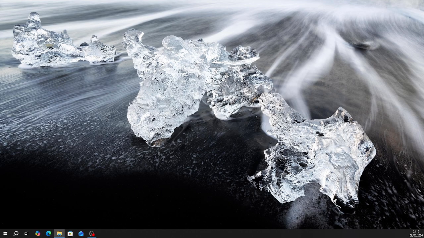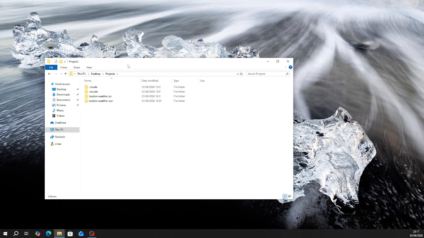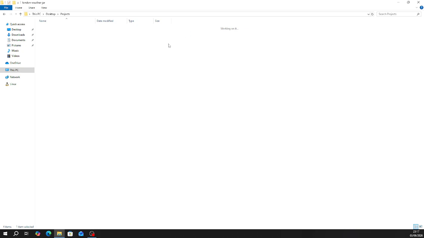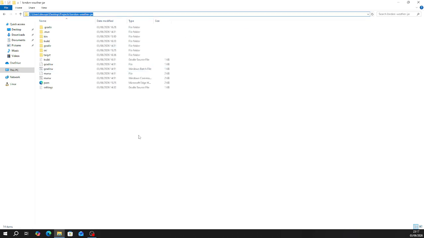Obviously, this is done by the developer before he confirms the code is working fine in his local system, right? So let's see. I have a project here. I'm going to open this project in VS Code. Let's say a simple project. This project is